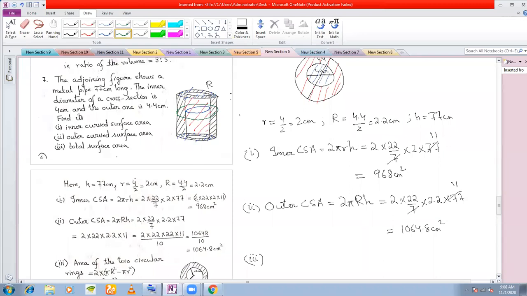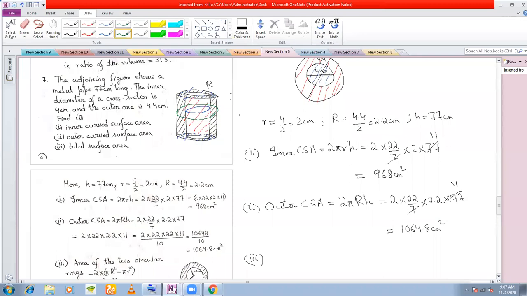If you can't understand, imagine a tin can. A tin can has a certain thickness. If the can is open on top, then what is the total surface area? First of all, you consider the inner surface area of the tin can, then the outer surface area, and then the area on the top and bottom, from where you cut the tin. From the top, you have that small thickness of the tin, the circular part. That thickness also you will consider. That also includes a certain area. So that is what the total surface area is.